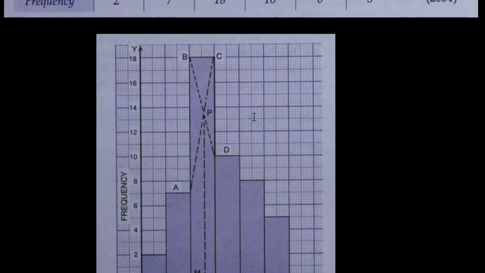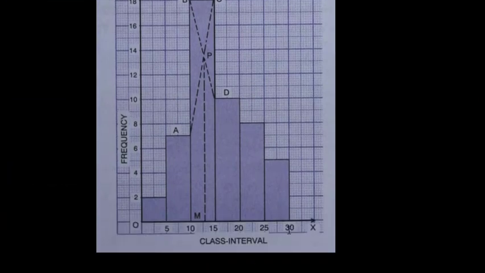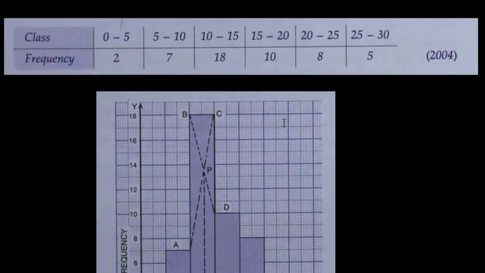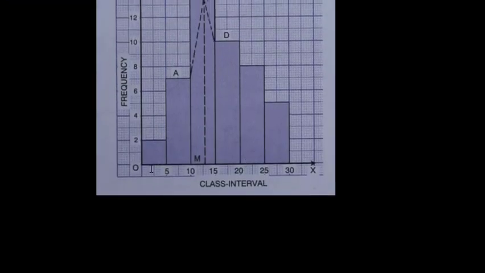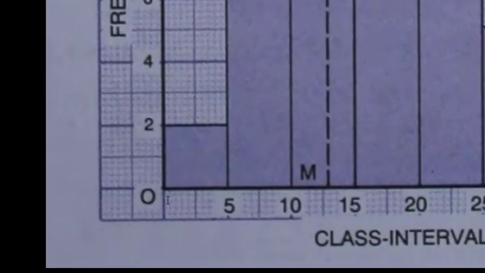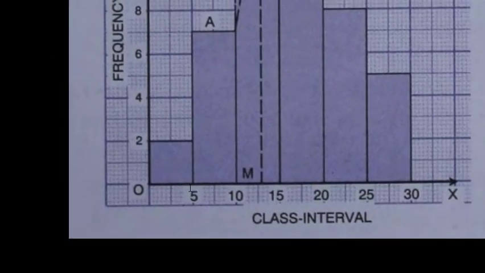How do you draw the histogram? For that you draw the x-axis and y-axis, and along the x-axis we mark the class intervals. So here 0 to 5, then 5 to 10, then 10 to 15. Suitably, like here if you see, if you count these lines, 1 2 3 4 5, that means 1 centimeter. 1 centimeter we have taken as 5 units. So 0 to 5, then 5 to 10, 10 to 15 we mark on the x-axis.